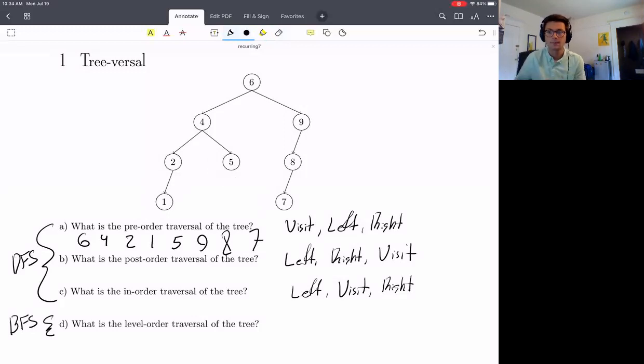Then we're going to go to 4. Then we're going to go to its left child. Then we're going to go 2. We're going to go to its left child. Then we're going to go 1. Go to its left child. 1 doesn't have a left child. Then we go to its right child. 1 doesn't have a right child. And now that we've visited both the left and the right child of 1, we can finally visit 1 itself,